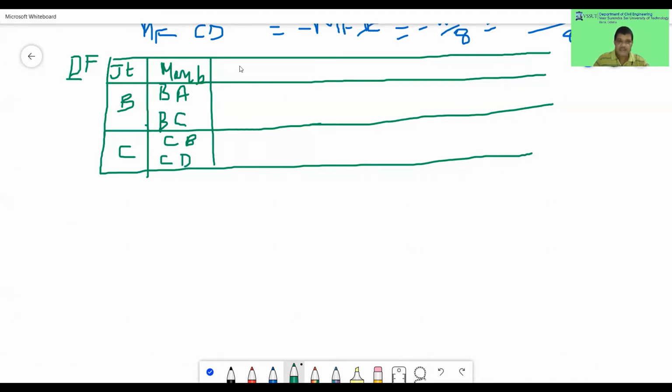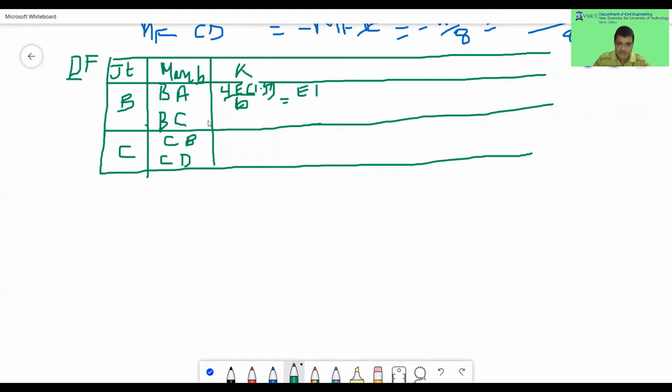Now write the value of K. You can go for K as 4EI by L. Either you go for relative stiffness I by L, or you can write 4EI by L. Okay, 4EI by L, so that becomes 4EI by L with 6 per span. So it becomes 4, and I is equal to, here we have to check, the I value is 1.5. So please change this value. Here it is 1.5.